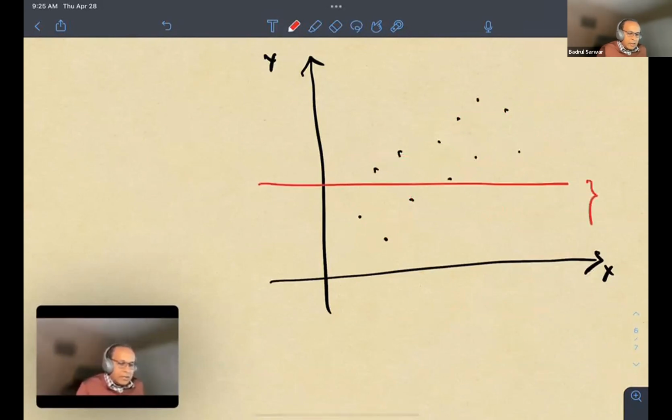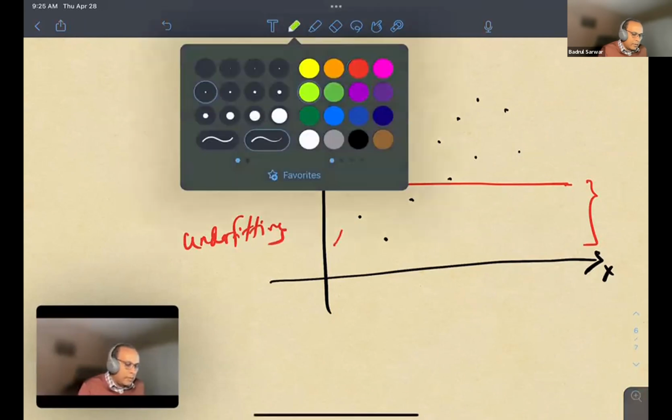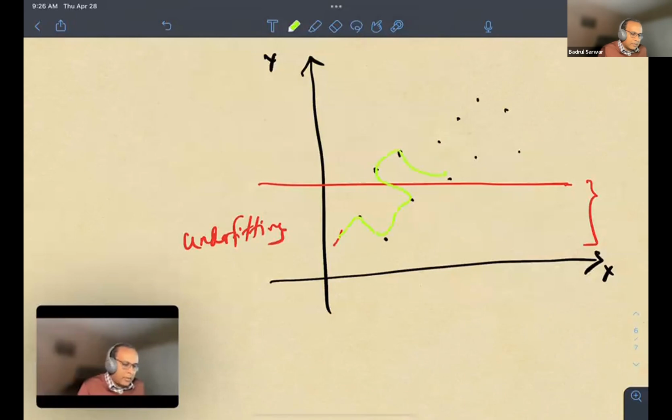then this represents something called high bias, meaning that we are using a very simple algorithm. You can check out the definitions of bias and variance, but this is the crux of the idea: if we use a very simplistic algorithm, then our model is underfitting, as opposed to going over everything, which is the other extreme. That's where we say the model is overfitting. So this is an overfitted model,